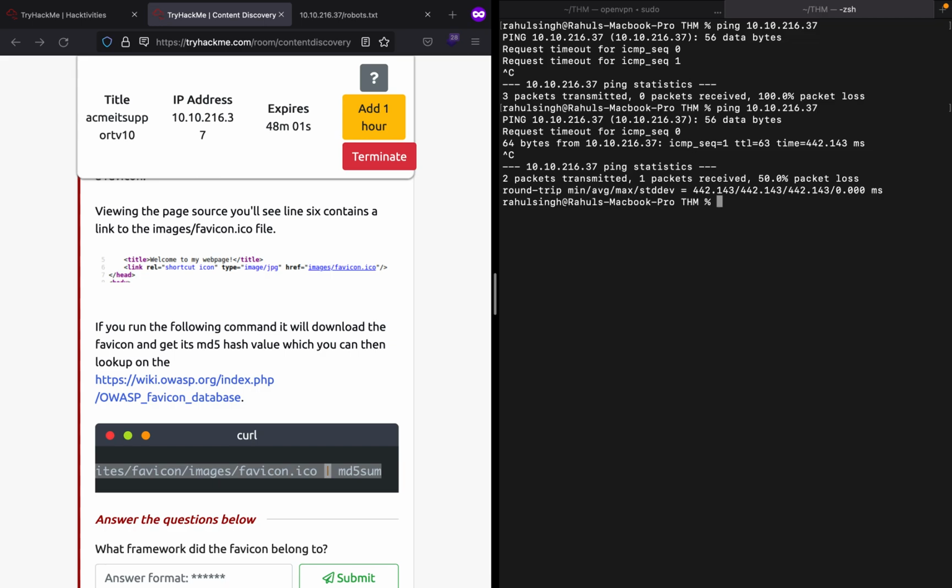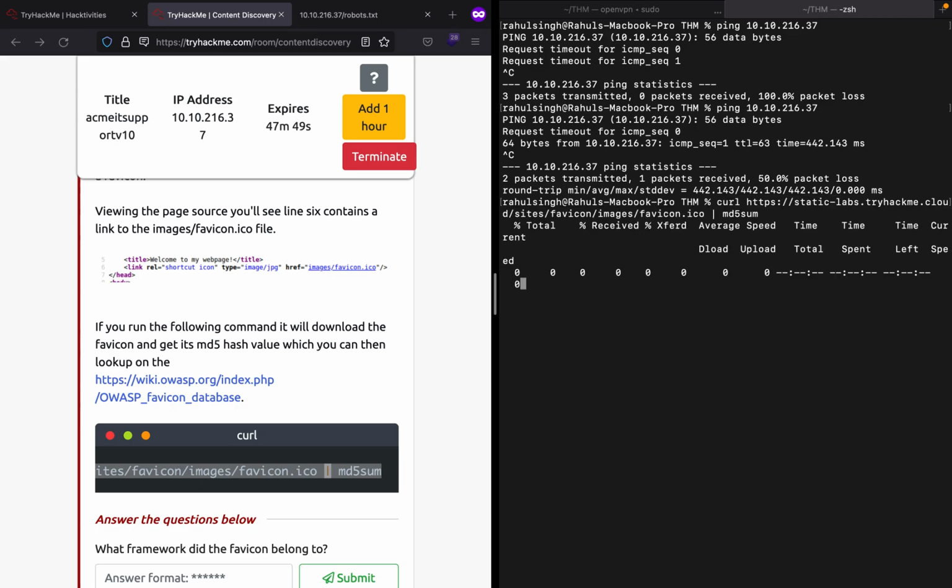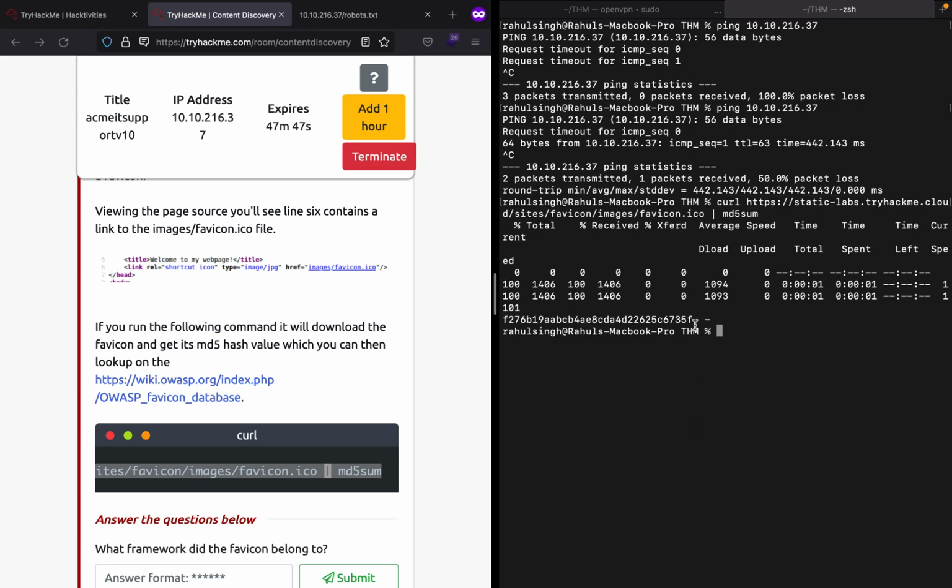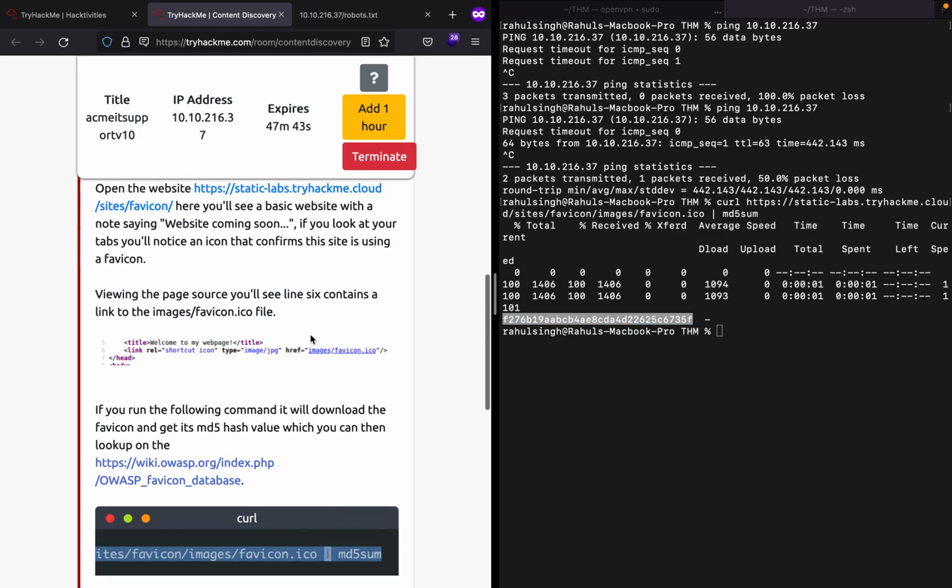The hacker or the security researcher will come to know what CMS the website was using, or what CMS it has been made on. So this can create a problem for a developer.